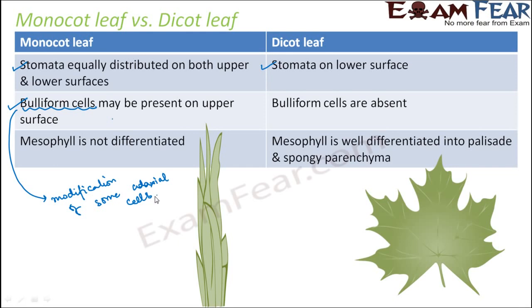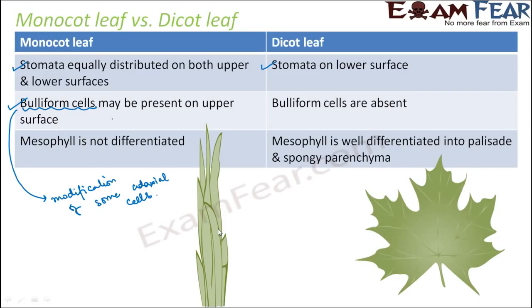Now why do they modify themselves into such cells? Because when these cells absorb enough water, the leaf surface is exposed. Similarly, when they become flaccid, the leaves curl to minimize water loss. Have you ever noticed the leaves of a grass? Sometimes you will see that the leaves curl because they do not have too much water and therefore cannot afford too much water loss. This curling and exposure of the leaf surface takes place because of the bulliform cells, because they absorb water, and when they have enough water, the leaf surface is exposed.